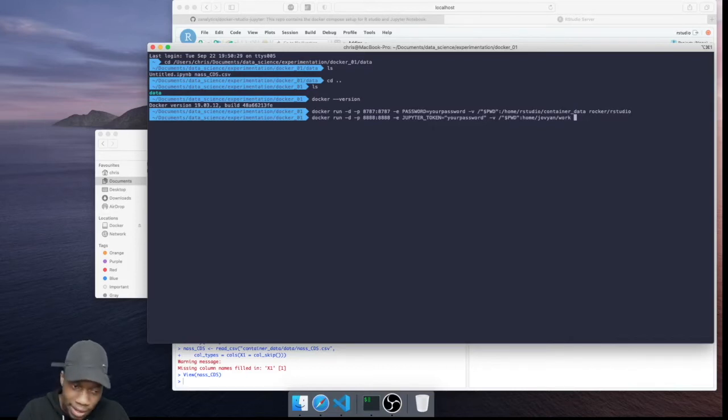and then what we're gonna do is we're gonna write the image name, which is jupyter/datascience-notebook. Yeah, I think that's right. So